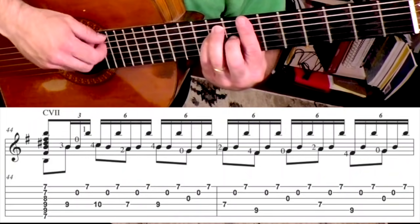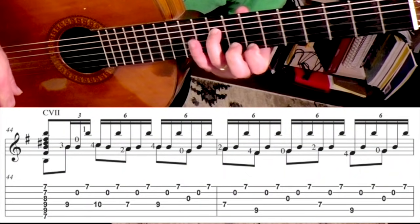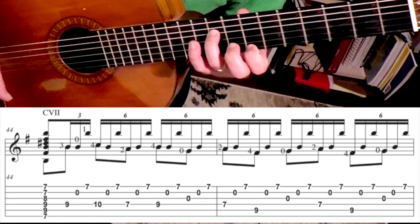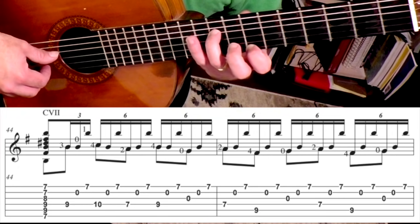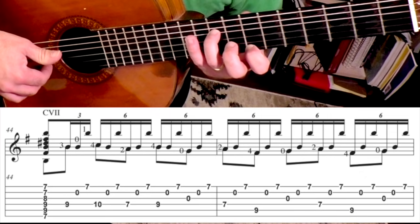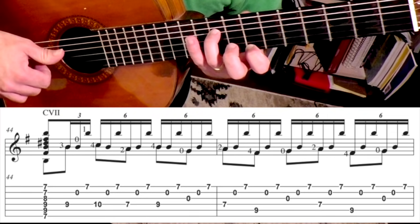Then measure 44. Now we're going to let go of the bar. And we're going to put the 3rd finger and the 1st finger down. So the 1st finger goes on that 7th fret, 1st string. 3rd finger goes on the 9th fret on that 4th string. And we're going to go 3 with the thumb. And then open 1st string, open 2nd string, and then middle finger is going to hit the 1st string. So you've got,